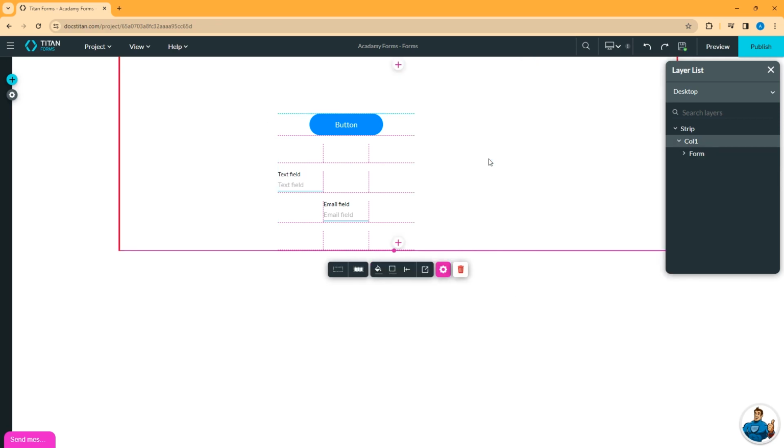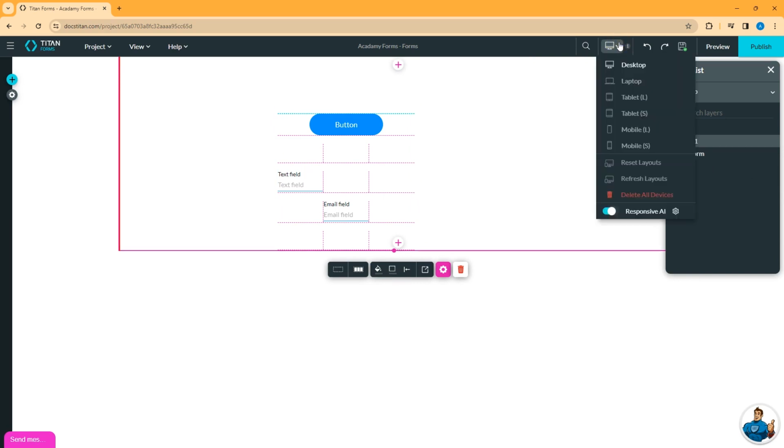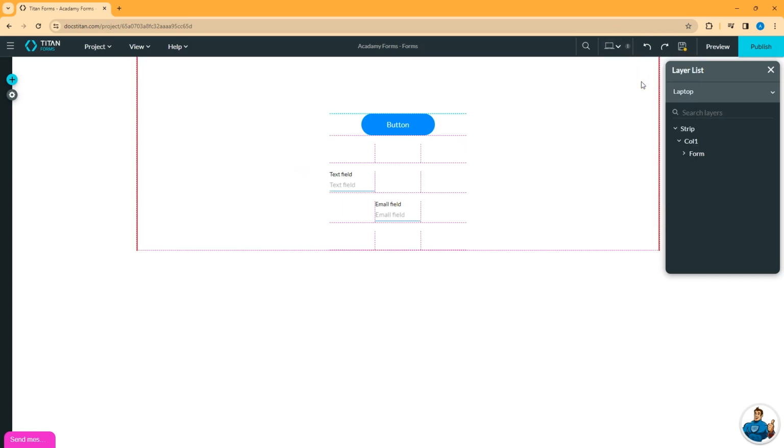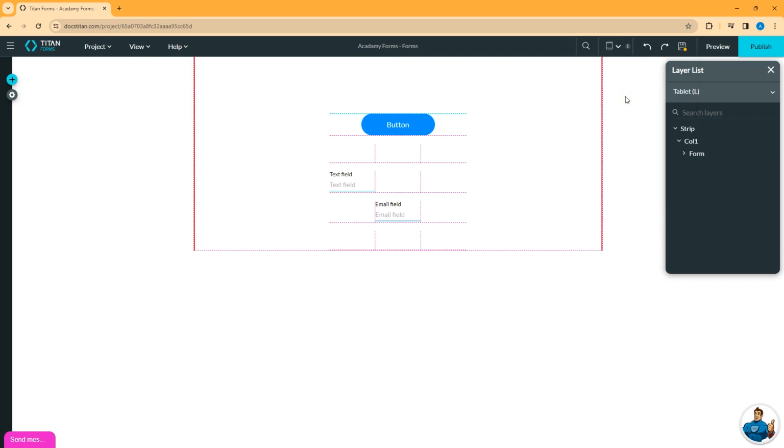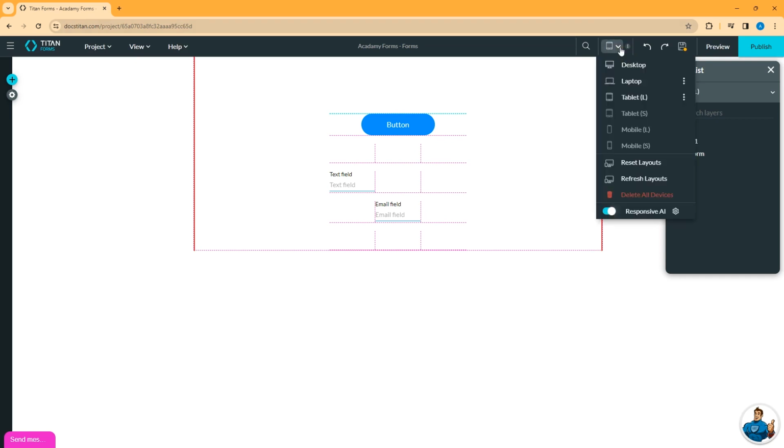Finally, let's take a look at how our form looks on different devices and device layouts. We are right now looking at the desktop layout. If we look at something such as the laptop layout, it looks very similar, although it's just a little bit smaller. Same thing with the tablet large. This is because those screen size differences aren't that significant. However, if you look at something like a mobile device,